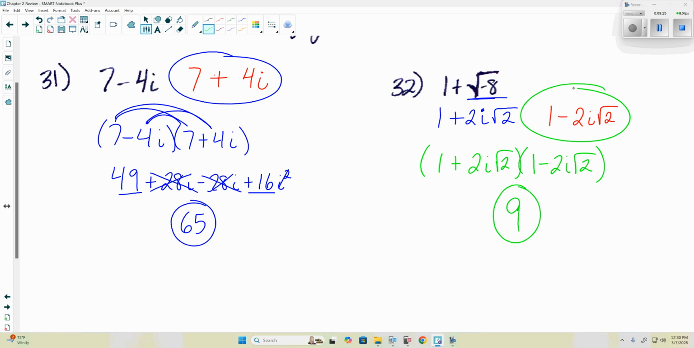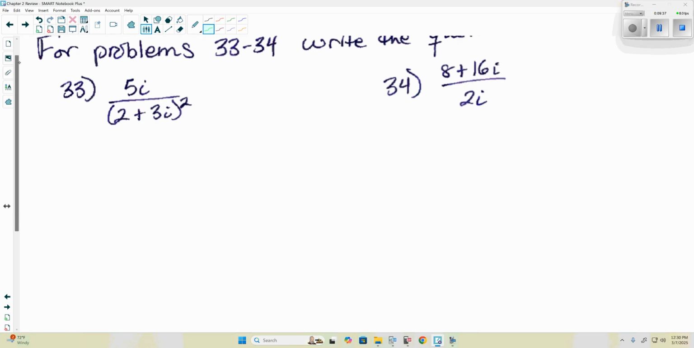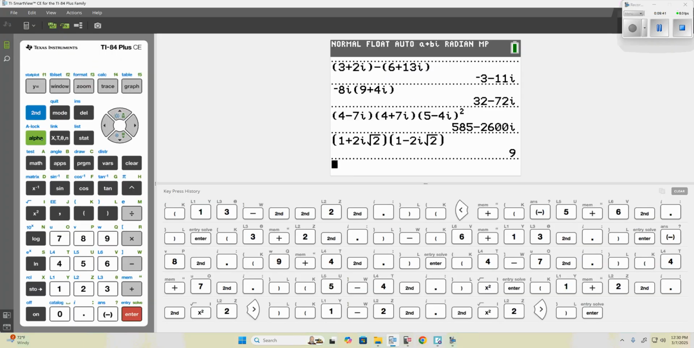So even though we do have i and a radical, when we multiply the conjugates together, everything else simplifies out. Part of the reason we did that was so that we could simplify these rational expressions. And we also learned,